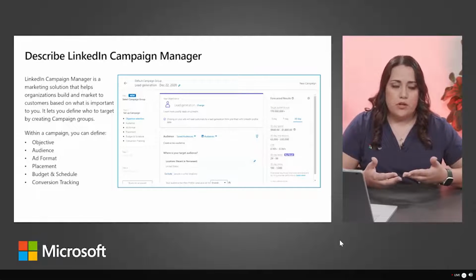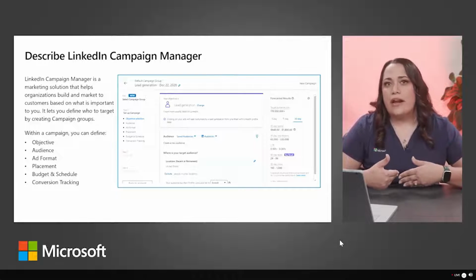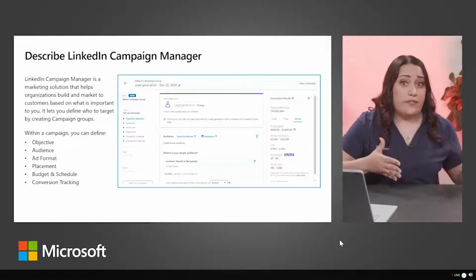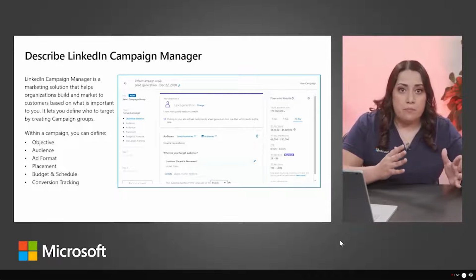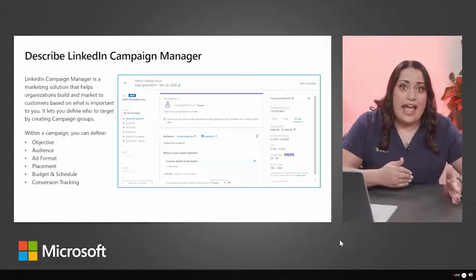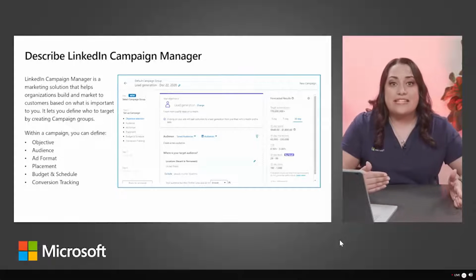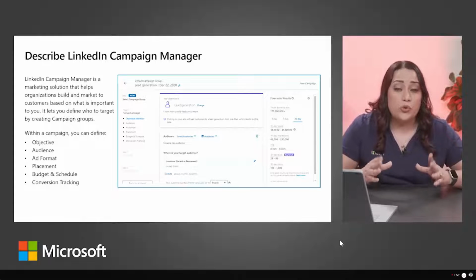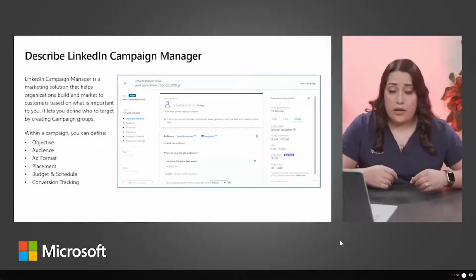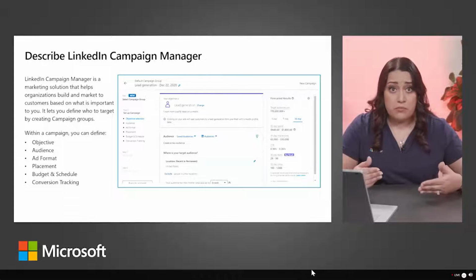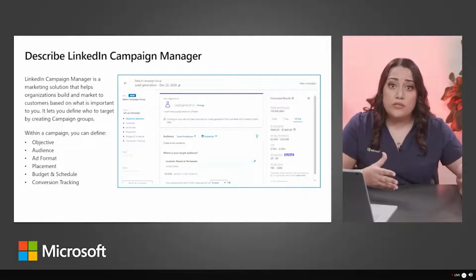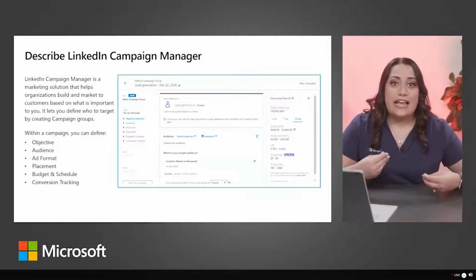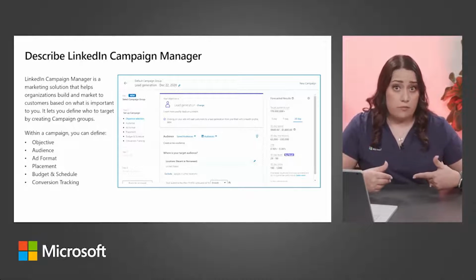So you get to define who you're going to target by creating what we call campaign groups. So let's say, for example, if you wanted to create a campaign group for customers in a specific region, like the United States, you could create a brand awareness campaign and add up to 1,000 different ad campaigns to that single campaign group. And once you have your campaign set up, you can create a budget, you can create a schedule,